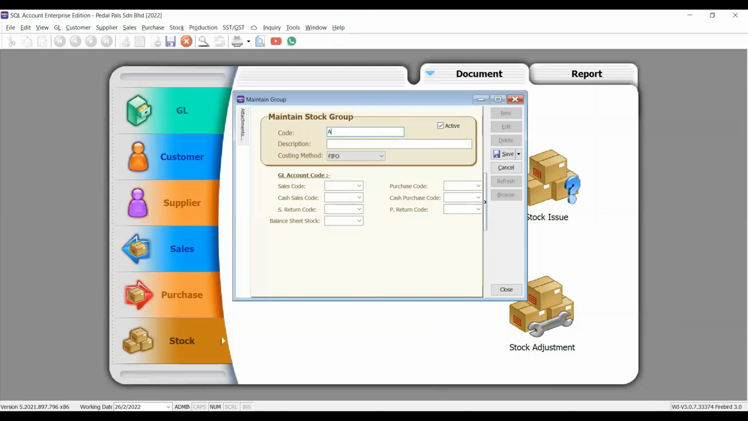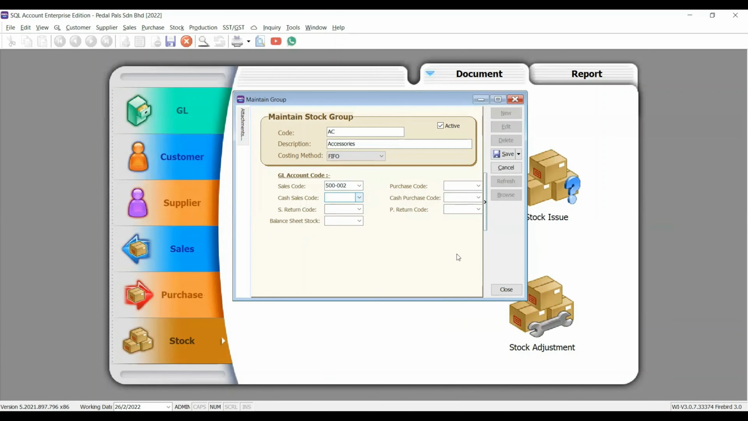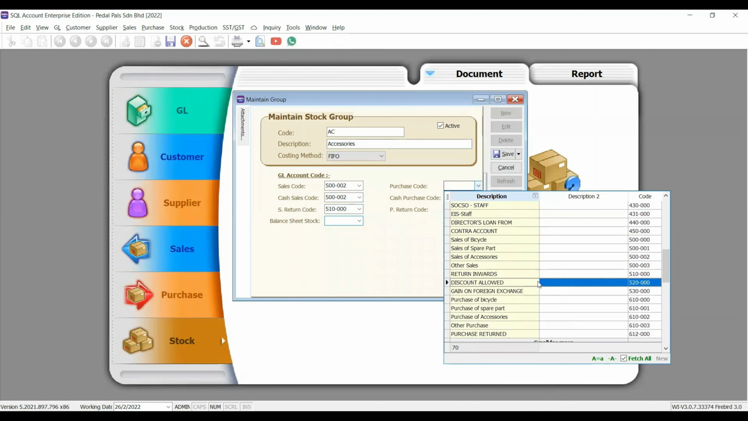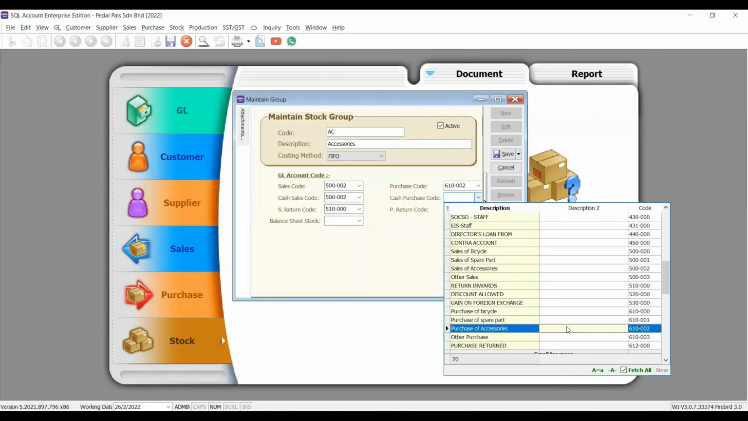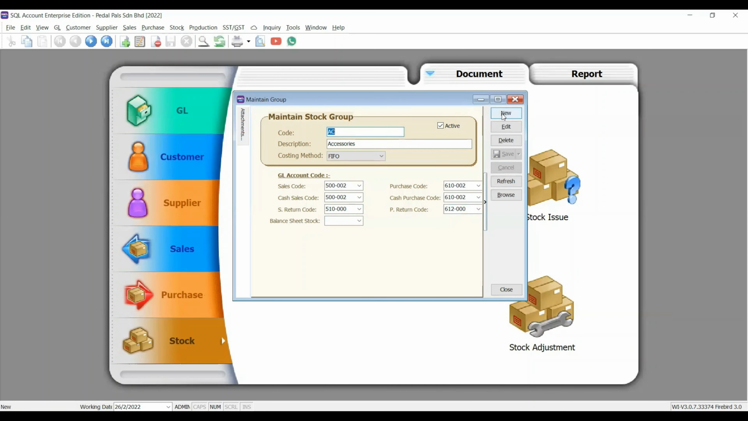Our third stock group is AC and our description is accessories and the costing method is FIFO and the sales code is 500-2002 and our cash sales code is 500-2002 and our return code is 510-2000 and our purchase code is 610-2002 and our cash purchase code is 610-2002 and our purchase return code is 612-2000 and click save and create a new stock group and our code is OT and the description is others